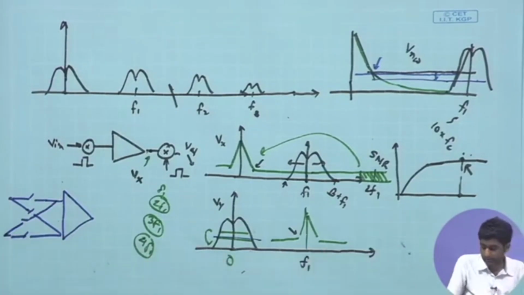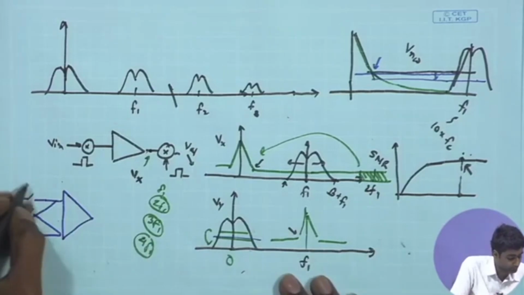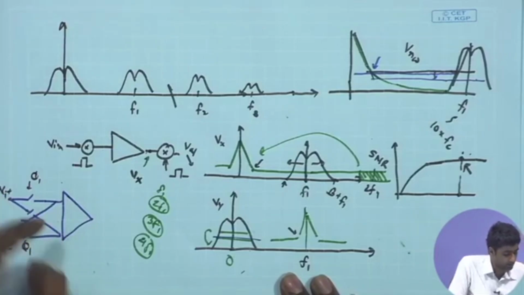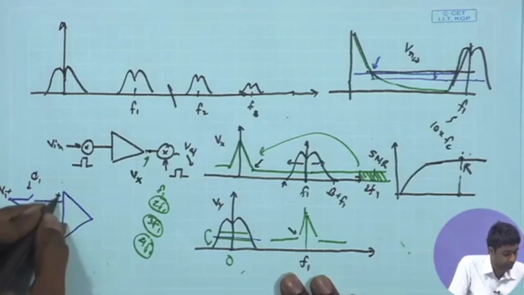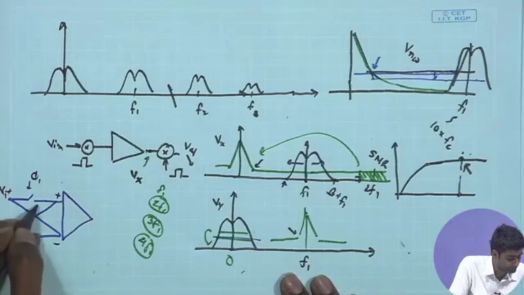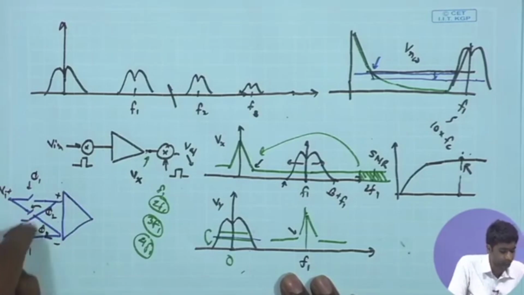So, if I look at the phases, this will be phase 1. During phase 1, the input signals V in plus and V in minus are coming to V plus and V minus of the amplifier, and during phase 2, which is these two switches, let me draw it, phase 2 and this is also phase 2. So, during phase 2, these two